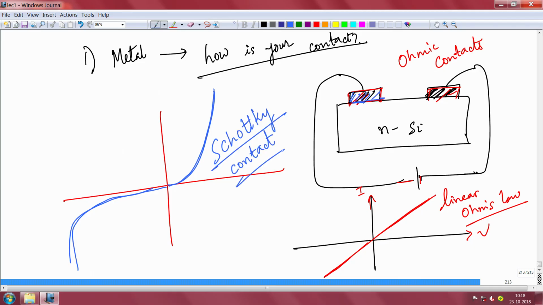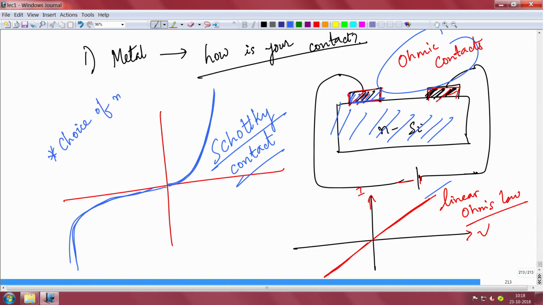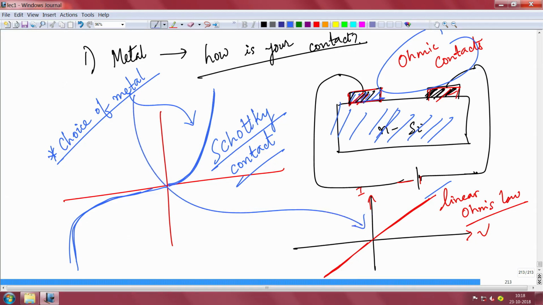So primarily there are two types of contact: ohmic contact that gives you a linear IV, and Schottky contact that gives you a PN junction-like, non-linear diode-like IV, both on the same material, which is n-type silicon, same doping. It's the choice of metal, please remember that. It's the choice of metal that will dictate whether you get this or that. I mean, this semiconductor has to be slightly doped. If it's completely insulating, you will not get a very good ohmic contact, right? For making an ohmic contact, you need to have charge, so it has to be mildly doped, or even highly doped.